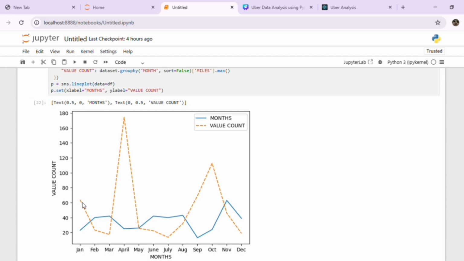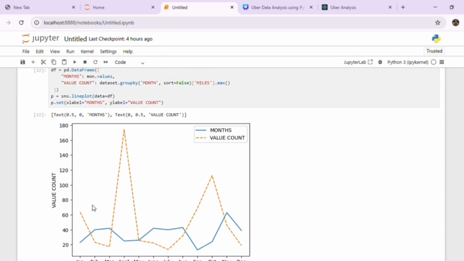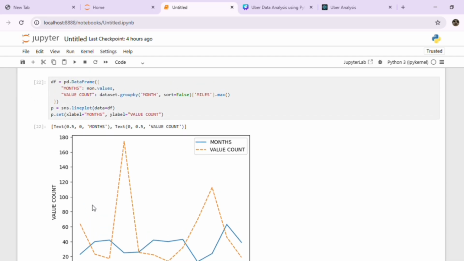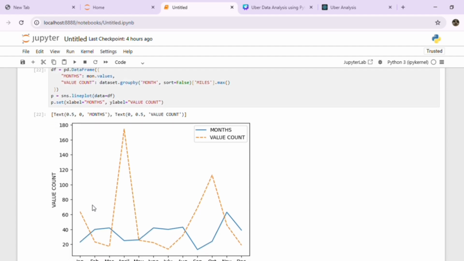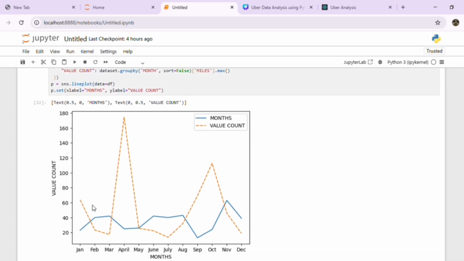And in Feb it has done some 20, so it will plot 20 here. Likewise. After plotting this, we use a line plot for it,